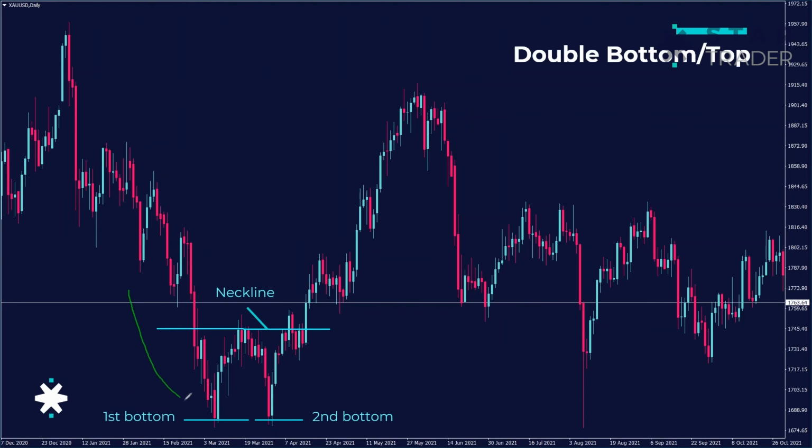Okay, so prices went down for the first bottom, went up for the neckline, which is this line. This is the resistance. Went down. This bottom, the second one, should not exceed the first one. If it exceeded that level, it means most probably the pattern will have a continuation and it will continue to go down. If it bounced from this price, it will go up, reaching this neckline that we talked about.